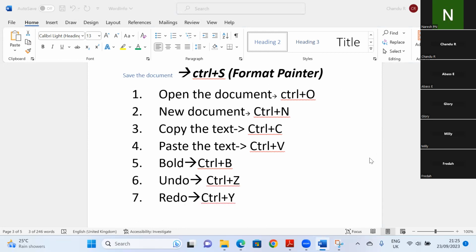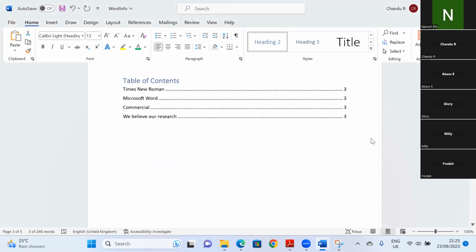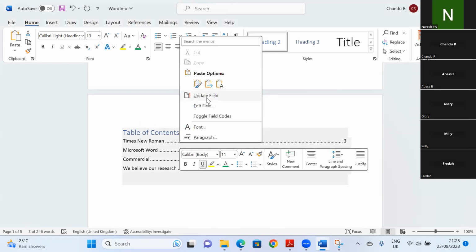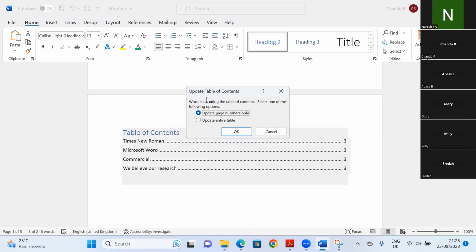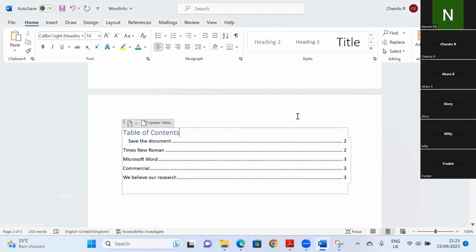So here, I am changing this document. Save the document is heading 2. If you go back to the previous table of contents, these are all heading ones we have mentioned. If you click on this, update the field, update the entire table. So save the document comes as heading 2. Have you seen this? Is everyone noticing this? This is the table